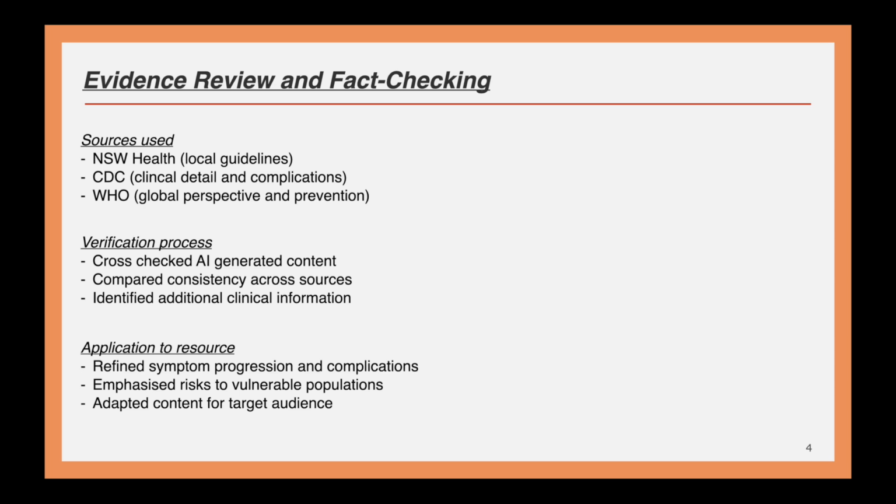Through this comparison process, discrepancies were identified, mainly in the level of detail and emphasis on complications. As a result, decisions were made to expand on the symptom progression and include stronger messaging around the risks to infants, while still maintaining simple language appropriate for the target audience. This approach ensured that the final infographic was both evidence-based and appropriately tailored, balancing clinical accuracy with accessibility for school-age